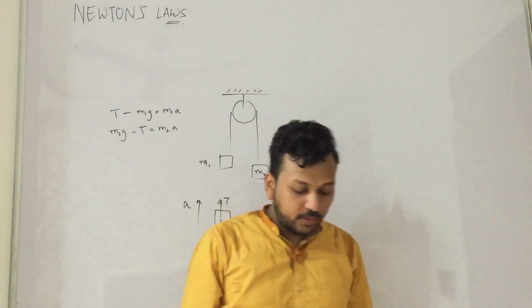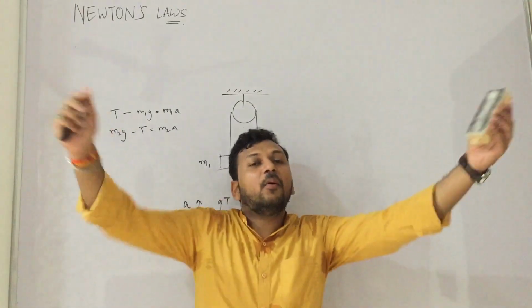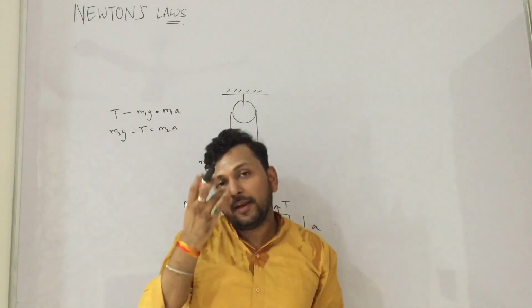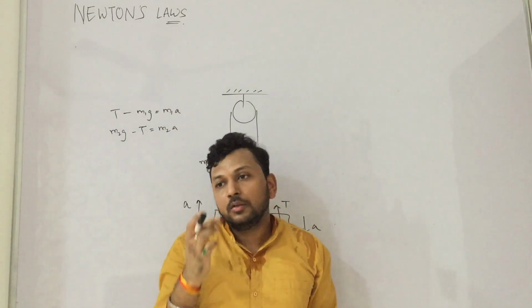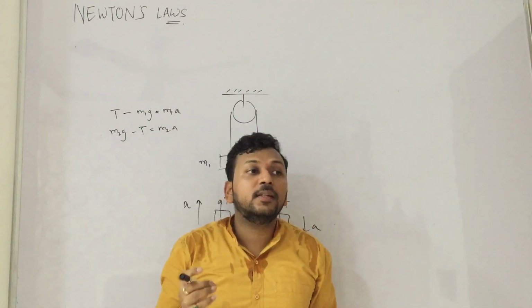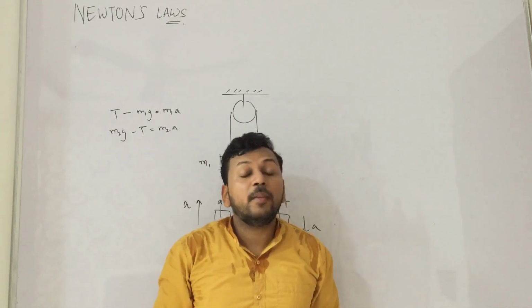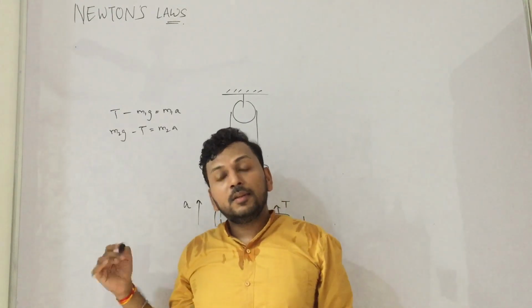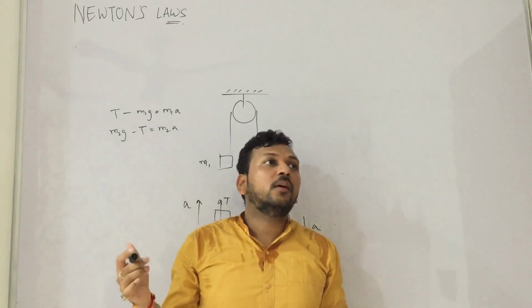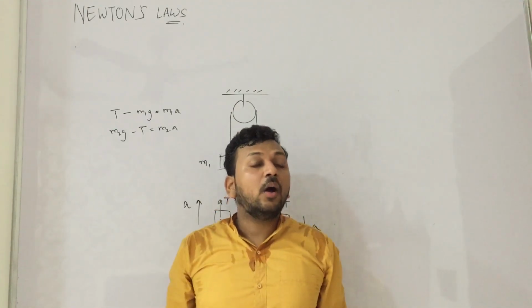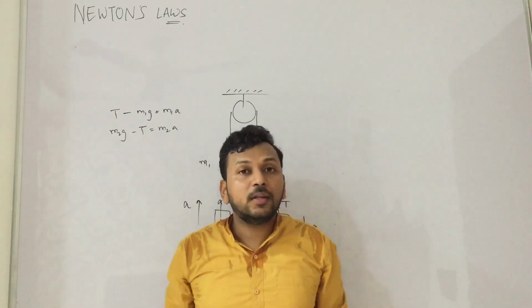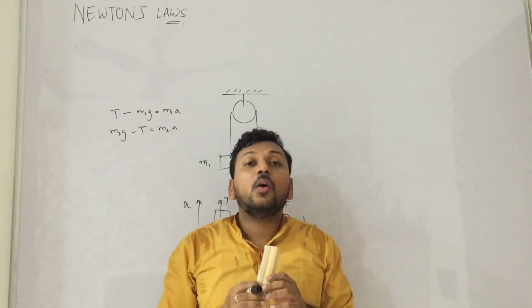So we'll conclude right now here. And you can also make some FBDs on your own. You can imagine situations. As I told you in the last class, physics is more about imagination. So you have to imagine things, and with this knowledge, just start imagining. How the fan is hanging. How the table is there, what forces are acting on the table. I told you physics is all around you.